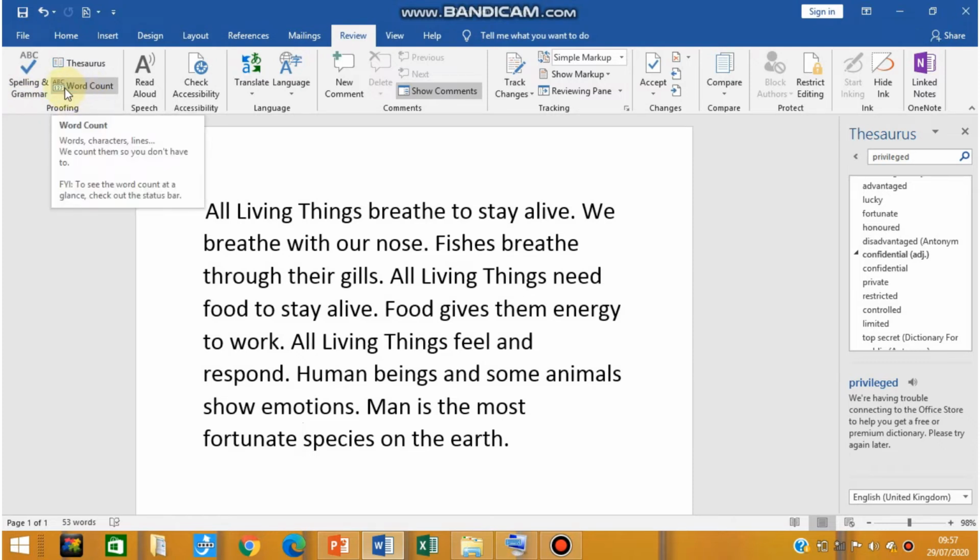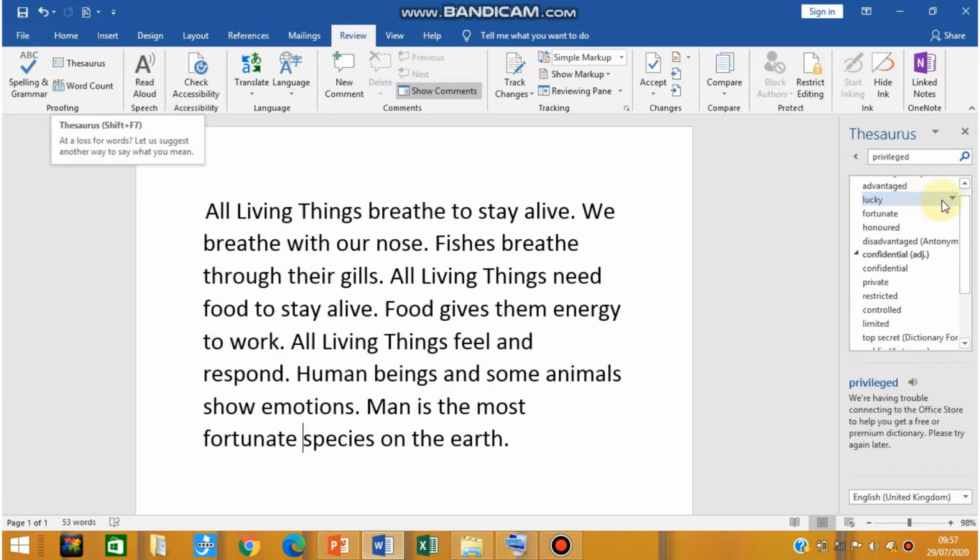After selecting the thesaurus option, you can see that a column has been displayed on the right side of the screen, and it contains the list of words which are similar to the word that you have selected. From that list you can choose any word, and you just have to move your mouse pointer on that word.